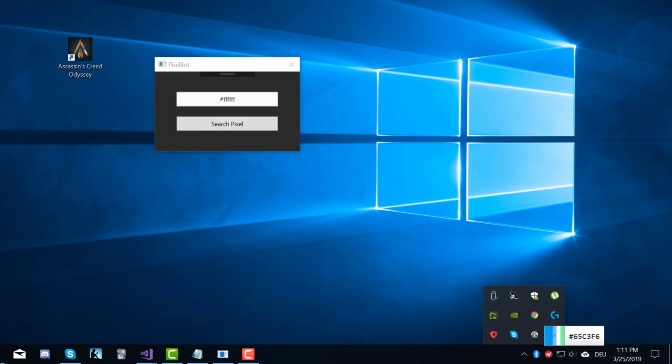So here I have this application installed. You can use the same one. You can also use other ones. And this allows me to simply click on a pixel and get the whole color. As you can see, in this case, it's